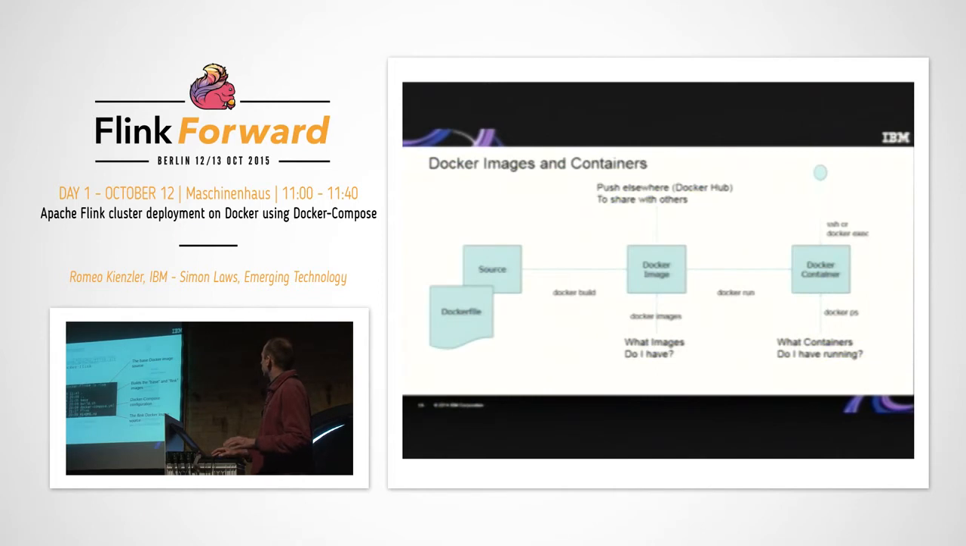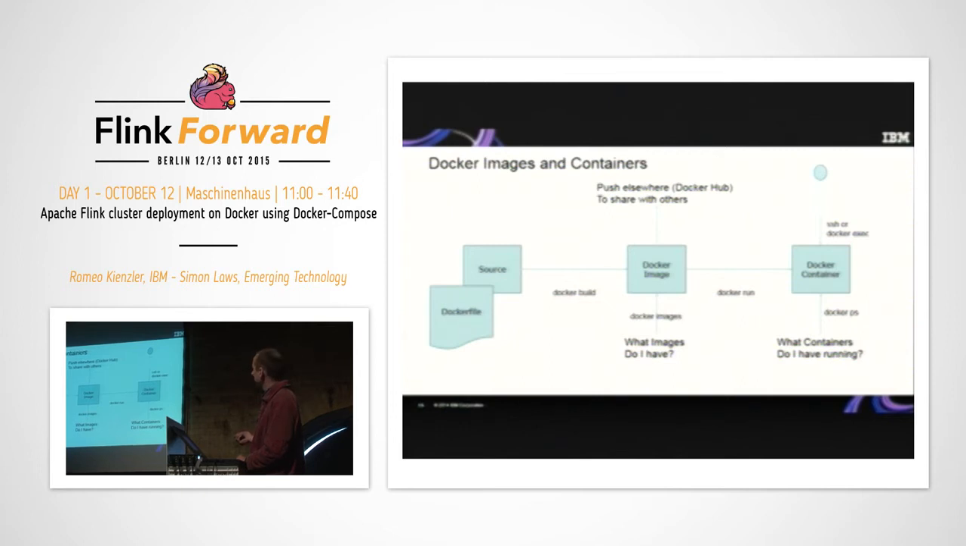Okay, so just before I switch over and we go and look at that, this is kind of what we're going to do. The source is the Flink source, which I got from Git, where there are some Docker files which describe what the configuration of the Docker images are. And Docker images are,